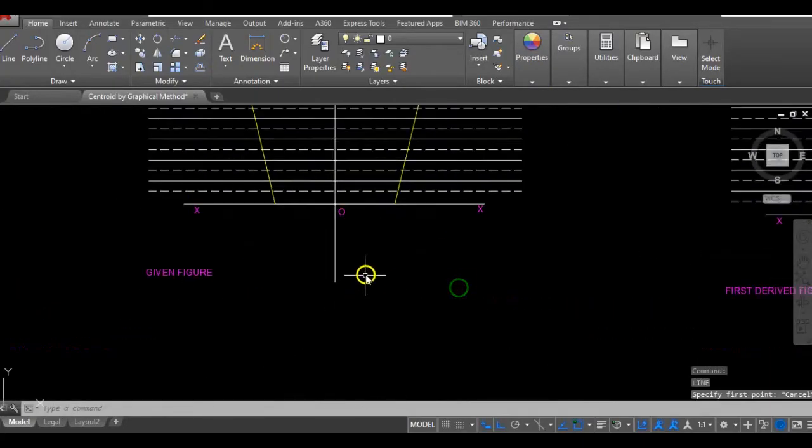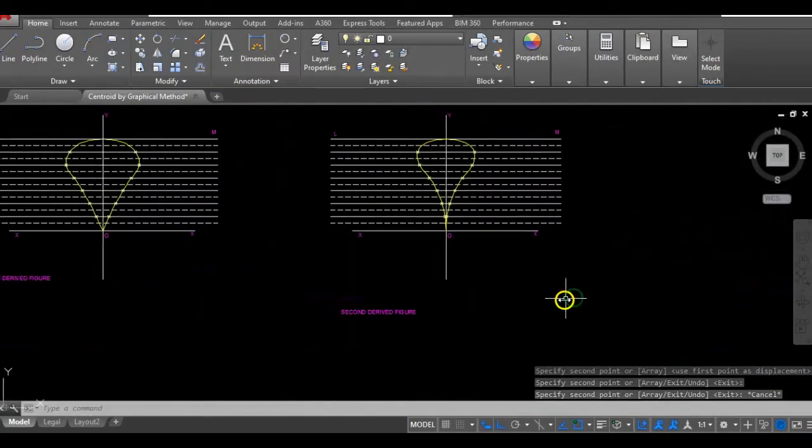And I can just copy this and paste. All right, so that's my pole. Okay, now,